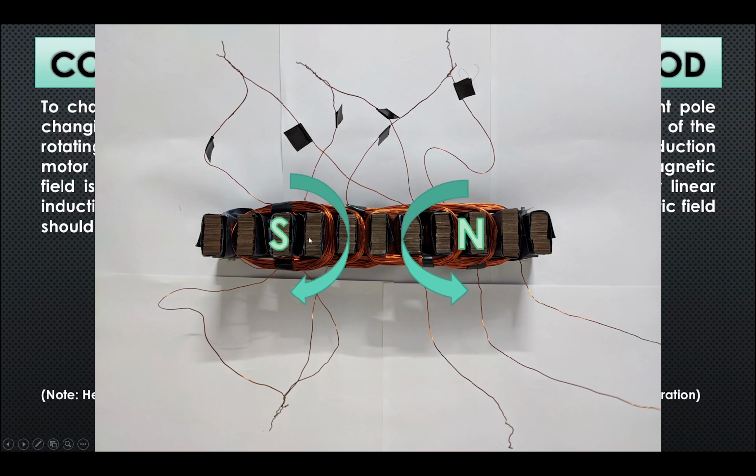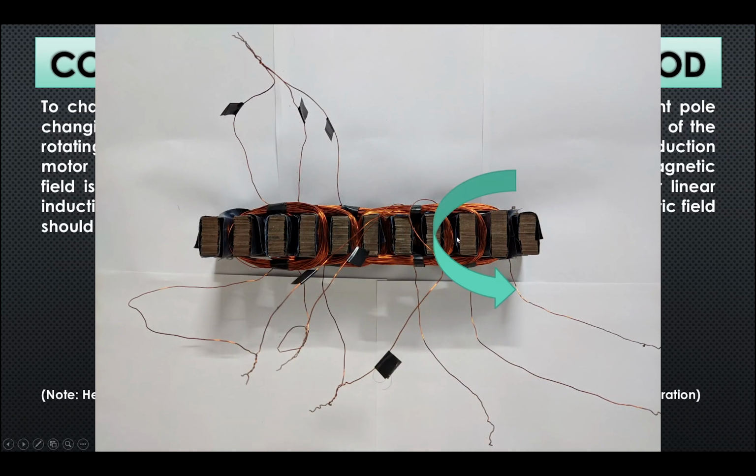But in this configuration, we have a counterclockwise rotating current here, also a counterclockwise rotating current here. So we get a north pole here and a north pole here also. Because of these two north poles, we get a south pole here and a south pole there, hence a 4-pole machine. So this configuration should have half the speed of the configuration before.